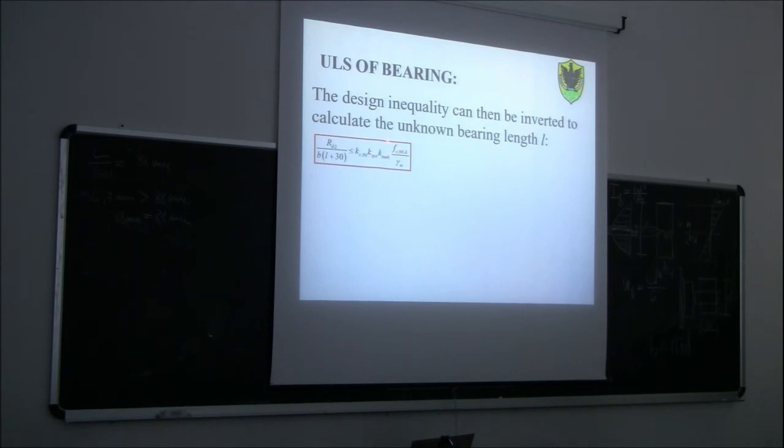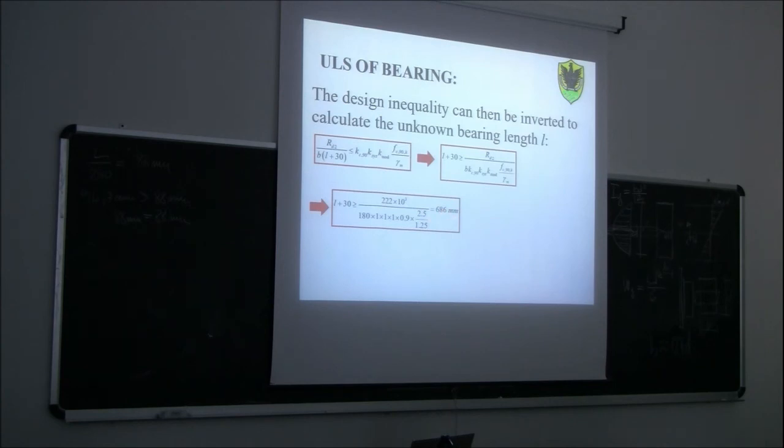And then FC90K, we can find this from the table, and gamma is 1.25. So in the end, we can invert this design inequality. So we can explicitate L plus 30, which will have to be greater than all this kind of thing. If we substitute all these variables with the numbers, we find